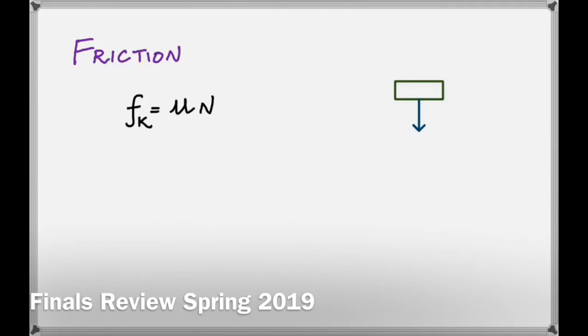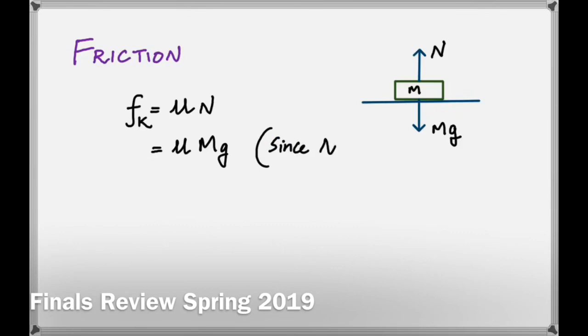So as shown in this diagram, the weight of the object acts vertically down and the normal force acts vertically up, and they are equal to each other. So the normal force is mg. In this case, N is equal to mg. Therefore, in place of the normal force, you can write mg. And that is always true for any horizontal surface. The normal force is the same as the weight, which is mg. Therefore,